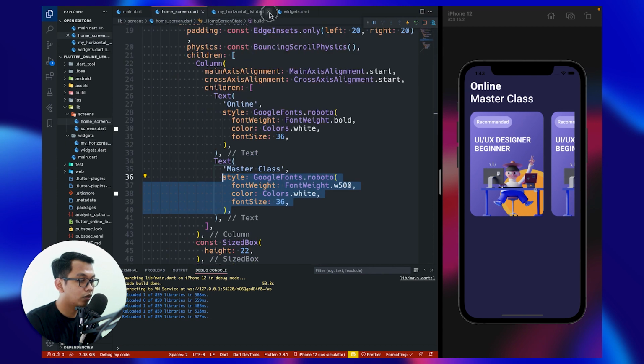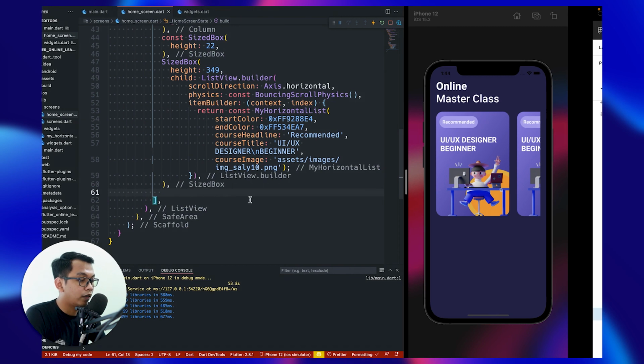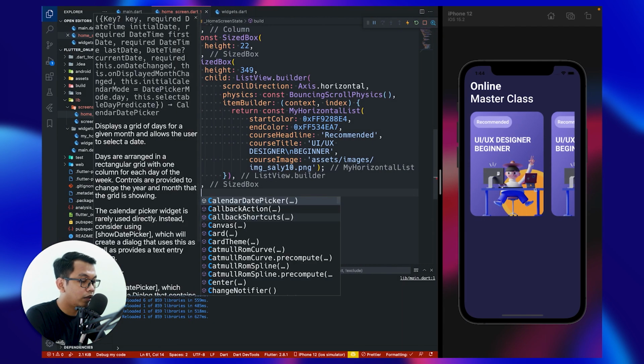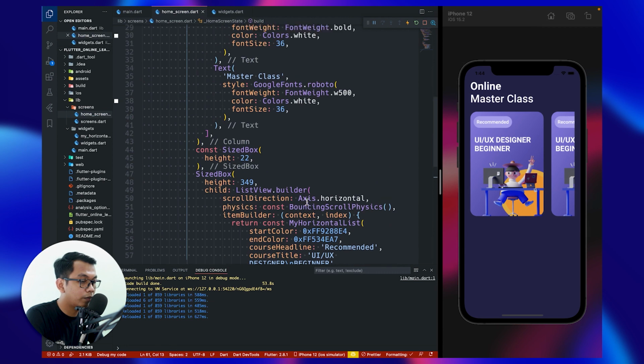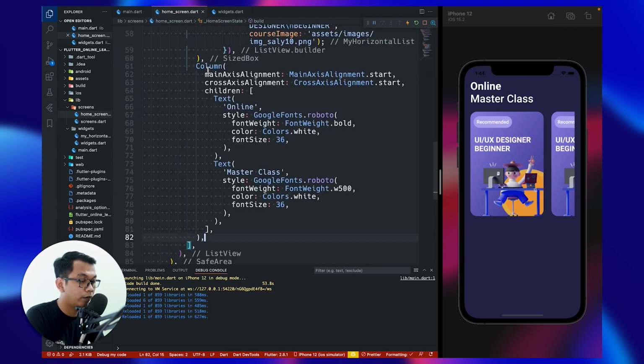Close this horizontal list. And below of our size box, let's see the design. Below of our horizontal list, we can see this kind of column again. So I think we can copy the previous column, copy this and paste here.